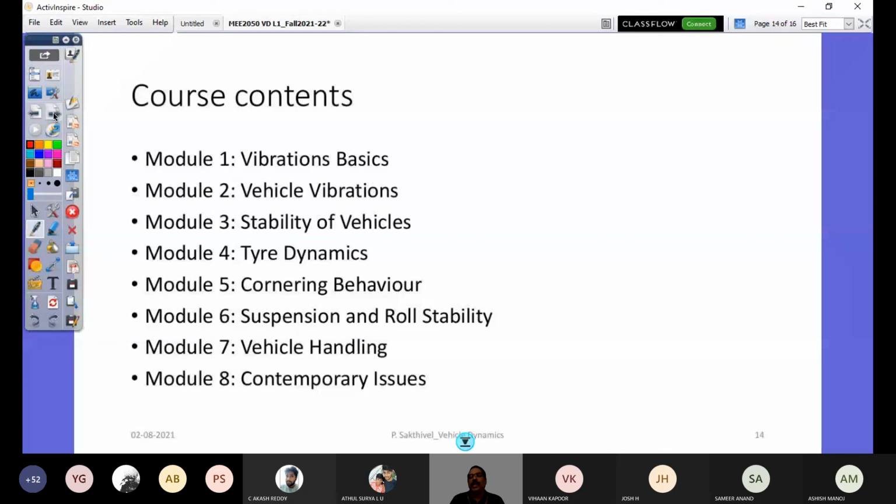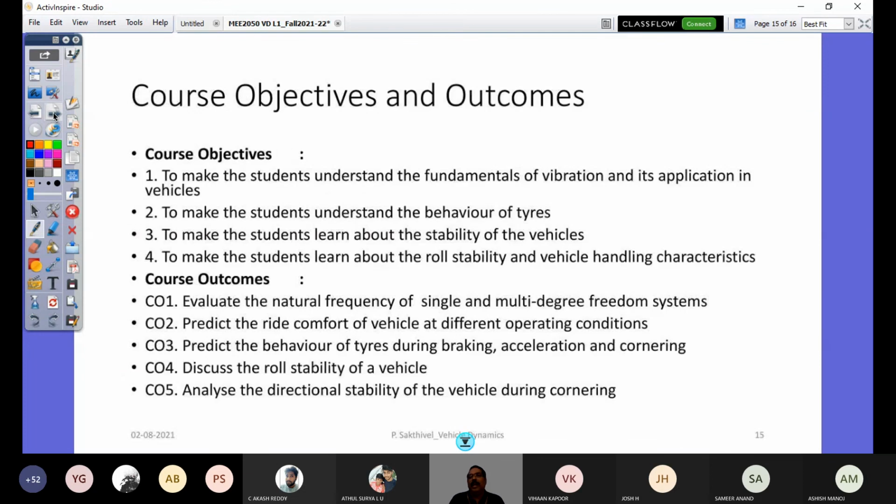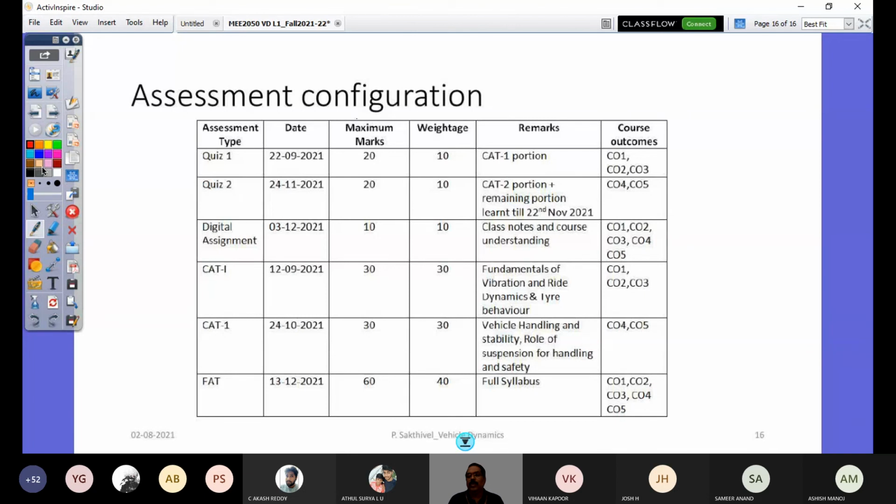And your course is catered by these 8 modules, which we would look at in the syllabus copy. The objectives and outcomes we discussed at the beginning are again listed here. And the assessment configuration is what is finally added in this slide, which we have also understood and accepted, right? So with that note, I would stop today's lecture, and we will meet again this Wednesday to get started with module 1.